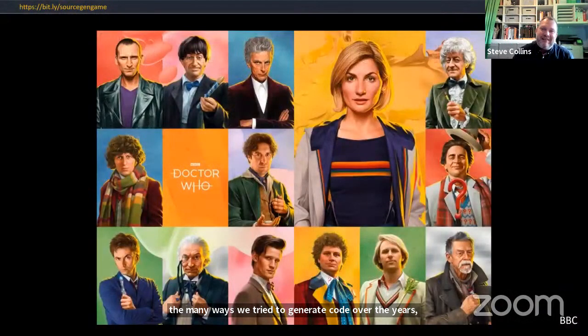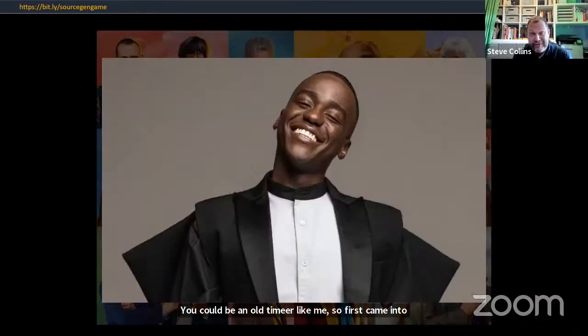So there used to be this idea years ago that you could roughly guess how old someone is by the first Doctor Who they watched as a kid. Now, of course, that all fell apart when it disappeared from our screens for quite a few years, but I'm not going to let that fact get in the way of a shaggy dog story. So back to the plot. You could be an old timer like me, sort of first came into it with the Pertwee or Baker years, or you could be completely brand new to it.